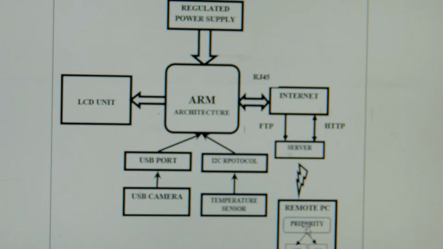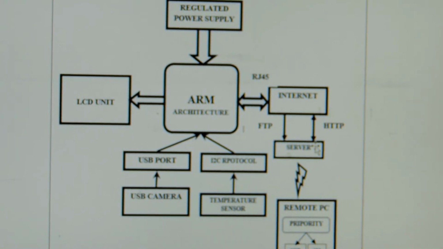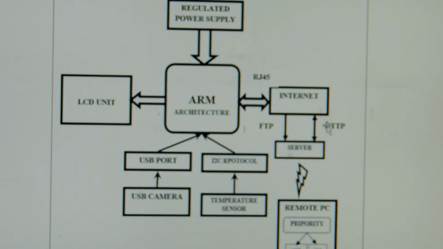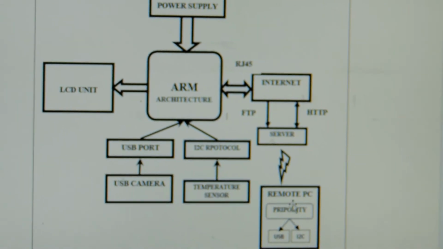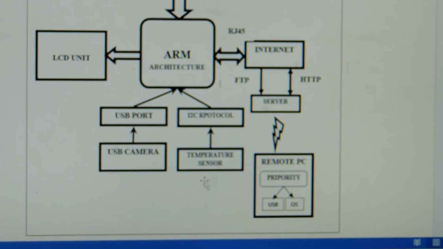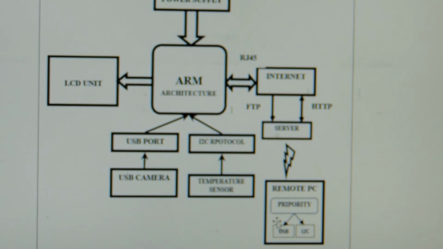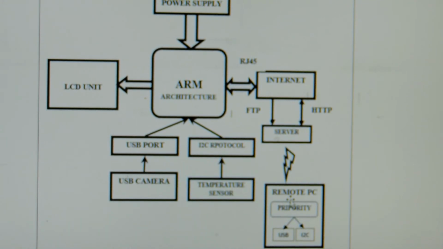Here we have one more option. In order to access this data, if you connect Wi-Fi, you can go for wireless also in the industry. If you go directly with Ethernet, you can access the data as well. So both kinds of options are there. And this is the remote PC, where we open Google Chrome or Mozilla, any kind of browser, and type an IP address that we are going to create, something like 192.1.8 something. It depends upon our flexibility.